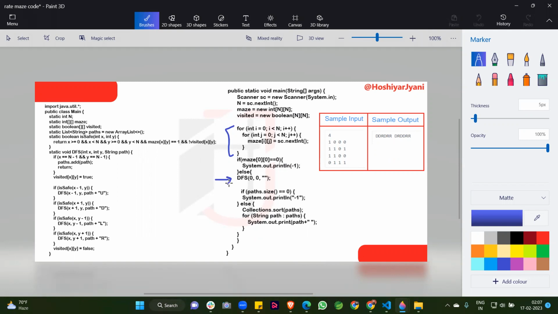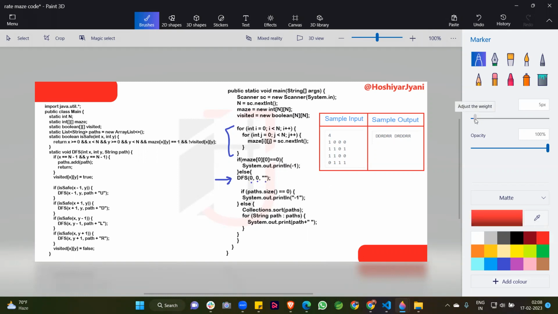Here I am calling the dfs function. What is the dfs function? The dfs function checks the valid paths in this matrix. I am passing three parameters here: one is x, second is y, and third is an empty string. What is the meaning of the empty string here?